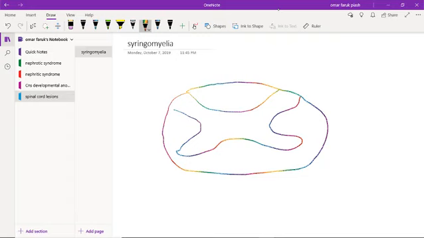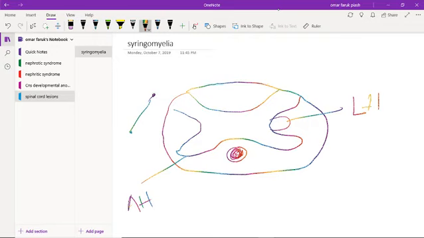Now I would like to talk on syringomyelia. This is cystic degeneration of the spinal cord. What happens in here? This is the anterior commissure. This is the anterior horn. This is the lateral horn. This is the anterior commissure, and we know that